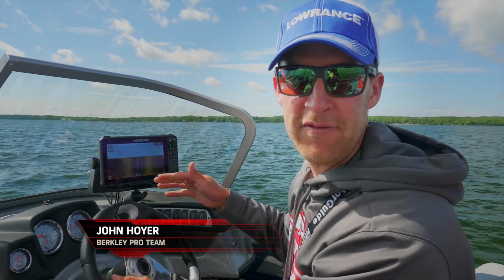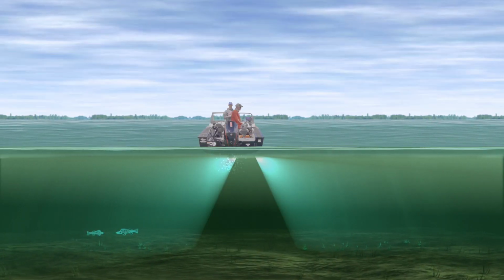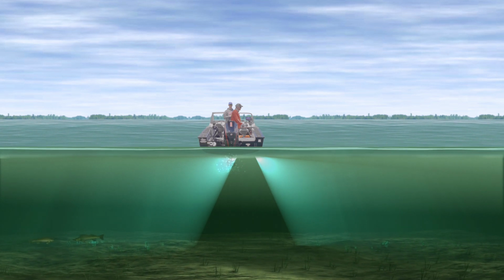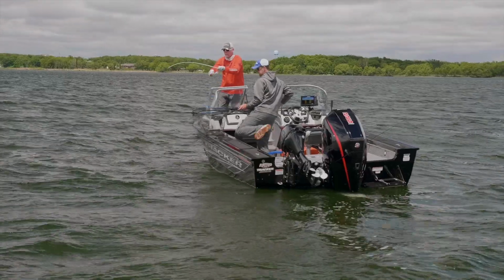So right now we're driving around a weed flat where the weeds haven't come up that far, and I'm driving around at 3 miles an hour looking for fish. The cool part is the fish are going to be the only things that mark bigger, where everything else kind of looks the same. So I'll drive around at 3 miles an hour, and as soon as I mark a